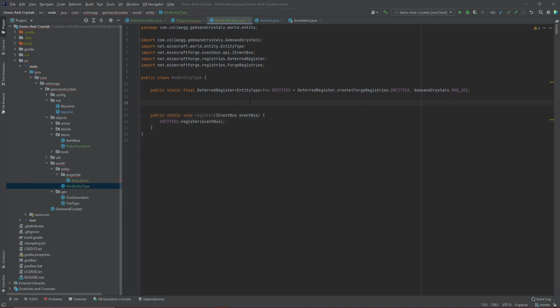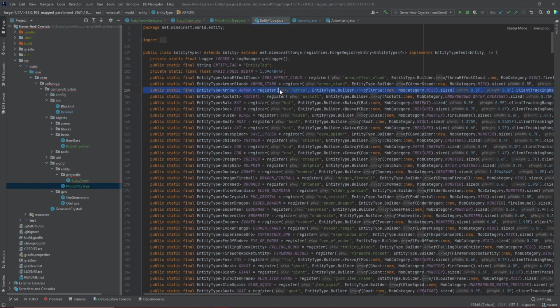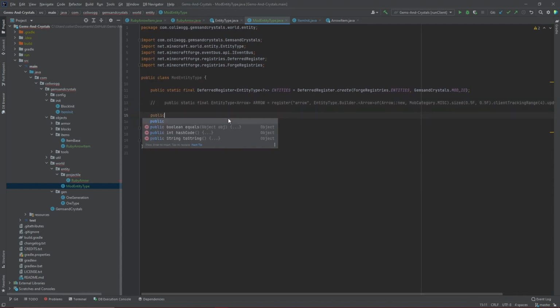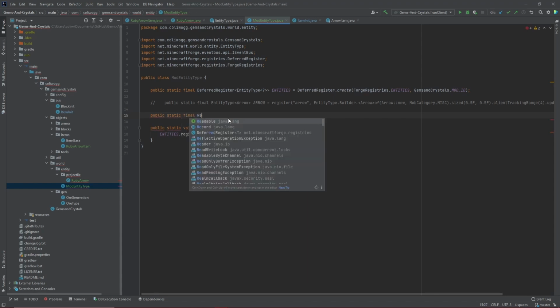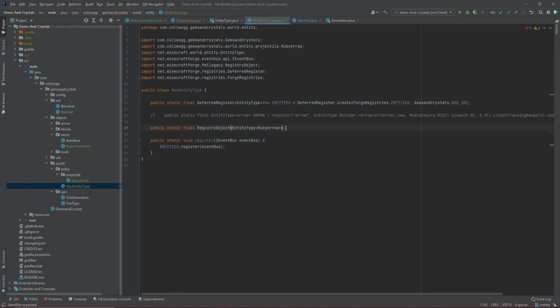So in here, we're going to create an entity for our RubyArrow, but if you look at the entity type class that we looked at briefly earlier, you could actually take this and copy it, bring it into your ModEntityType, add a comment, paste that in, and then we could use this as a template for our custom arrow. So we're going to do public static final registry object, and then a triangle bracket, entity type, and then another triangle bracket, and then our arrow entity that we created. So RubyArrow, and then give it a name. So Ruby_arrow, and do equals entities dot register